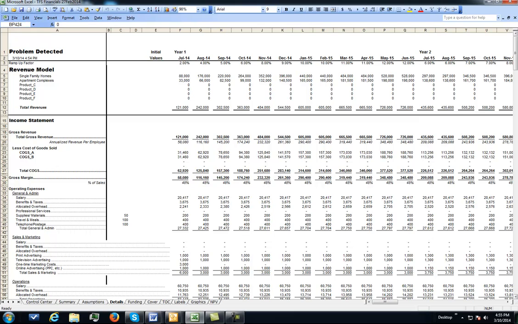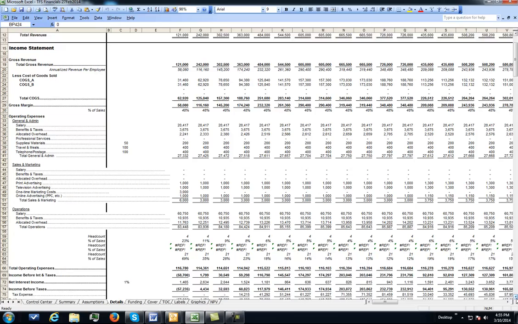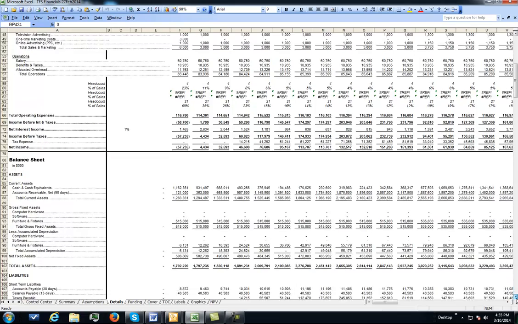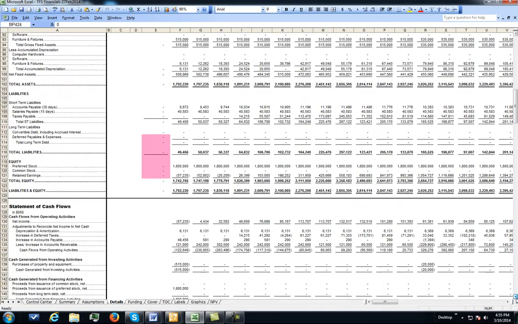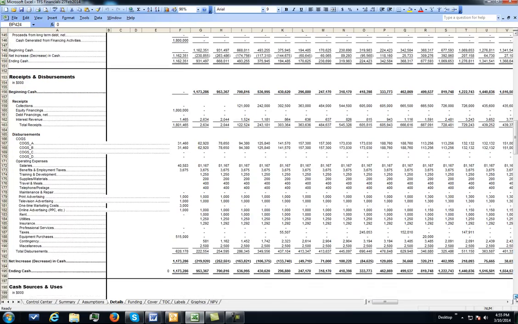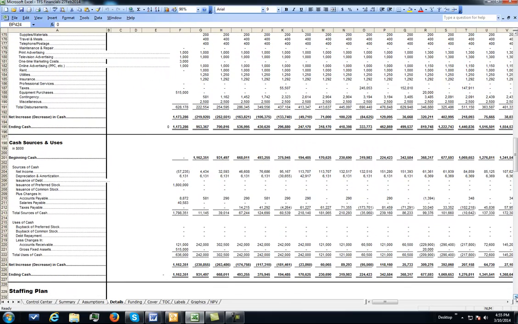What the balance checks do, at least the ones on the horizontal plane, is compare the three types of cash flow statements and uncover any discrepancies. So first we have the statement of cash flows, then the receipts and disbursements, then cash sources and uses. As you can see here, ending cash in this final one is 1.162 million, and up here it's 1.173 million, and it looks like it's similar in periods going on down the line. So there's clearly some kind of issue,